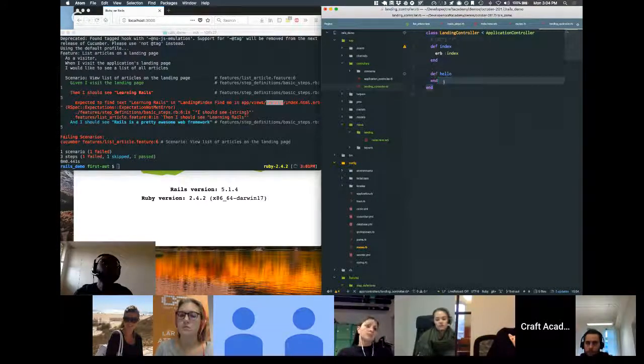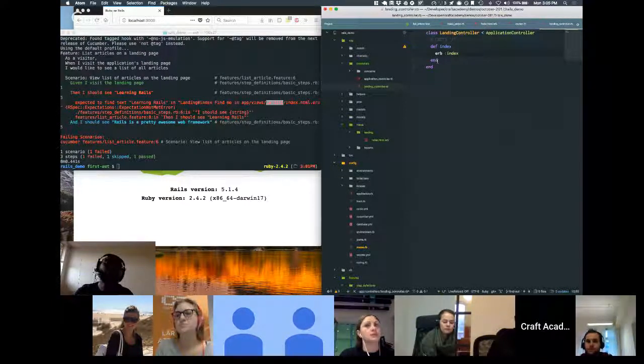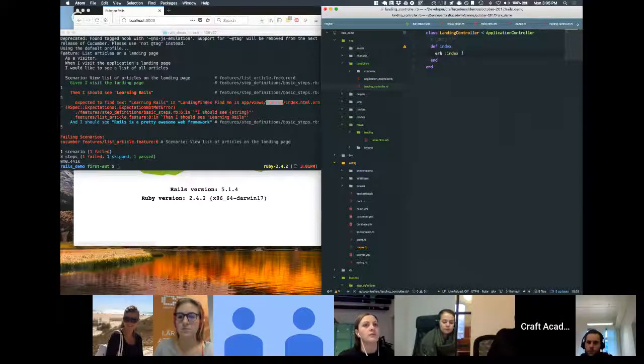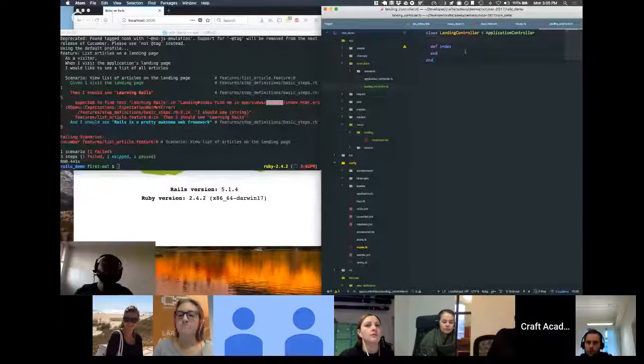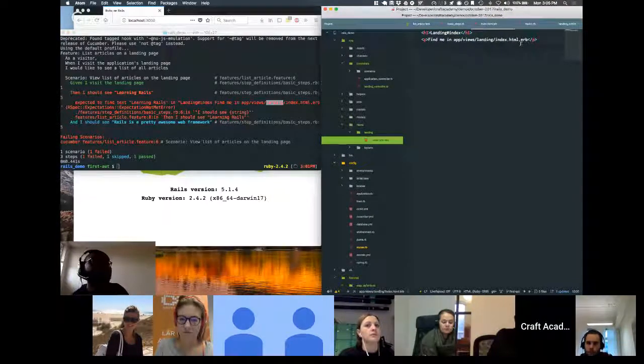Okay, and so by default, Rails will look for a view within that folder structure. If it finds one, it's going to render that view. If it doesn't find one, it's going to complain and tell you that the view it is supposed to render is missing, and you have to create one. So you don't have to specify that action as we did in Sinatra. Right now, we need to modify this view to reflect the change that we want to see when it comes to